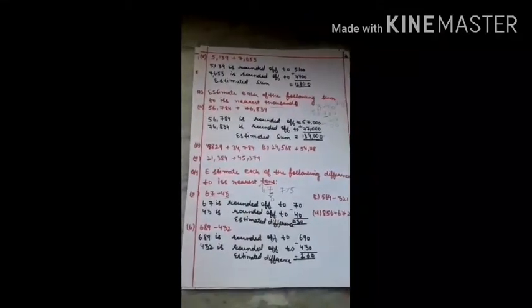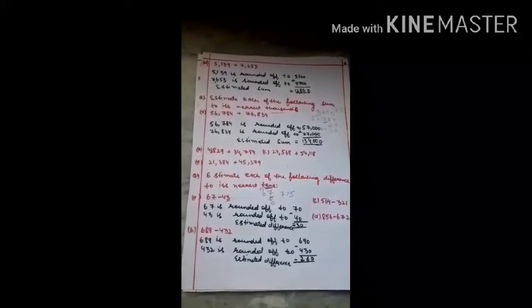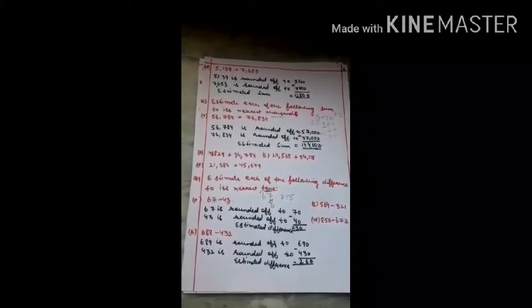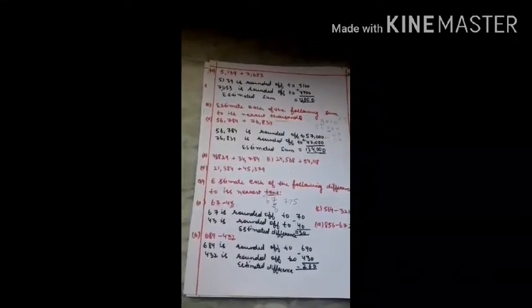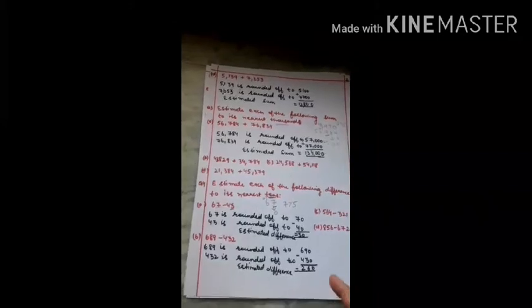In case of estimation by rounding off to the nearest 100, you will write 0 at the ones place. You have to see the digit at the tens place, and whether plus 1 will be added or not will be decided by the digit at the tens place. Okay class?